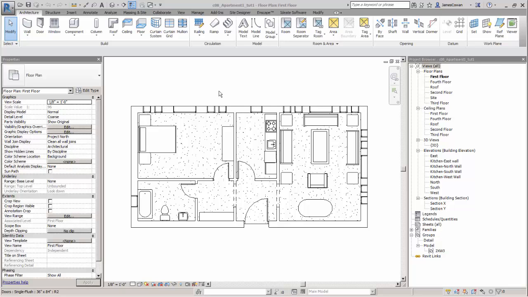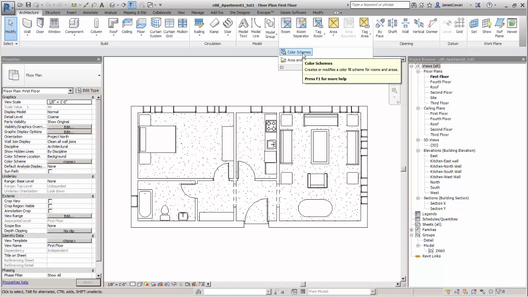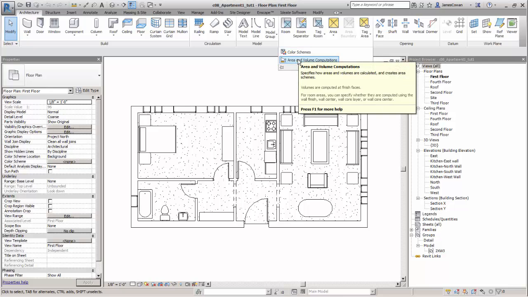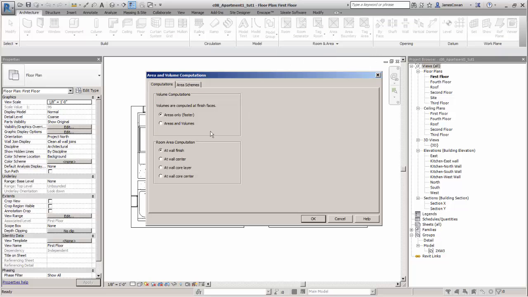I want to show the concept of a room. The first thing is under the Architecture tab. If you look under Rooms and Areas, there's a little black arrow, and the option at Color Schemes, Area and Volume Computation. If you click on Area and Volume Computation, you'll see that you can have the rooms calculate areas automatically,